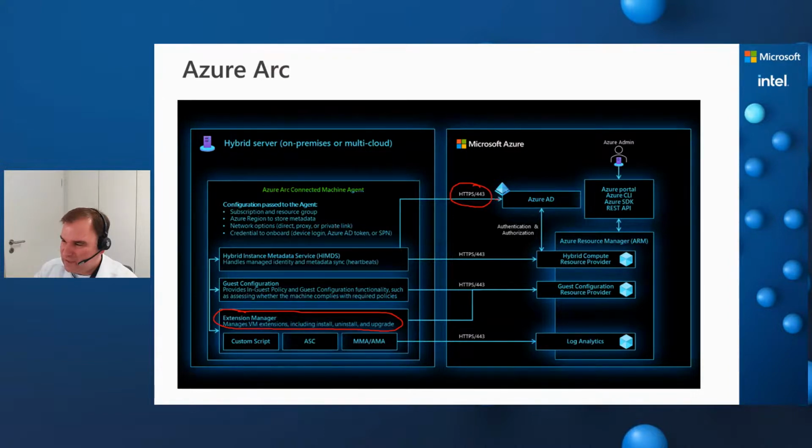When you look at these arrows here, they always go from on-premises to the cloud and not vice versa. So you don't have to expose the servers externally. You only use the local Azure Connected Machine Agent to ensure the connectivity to the related